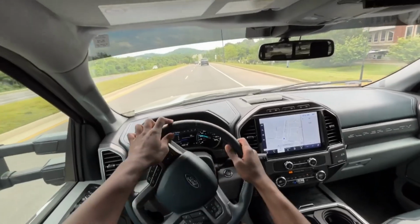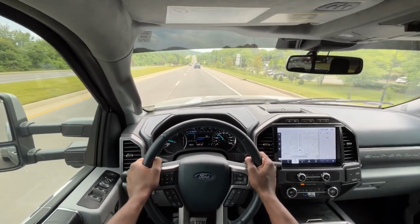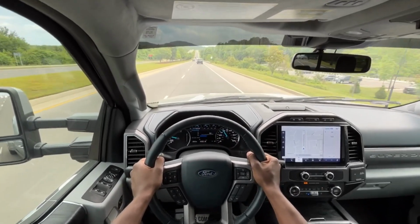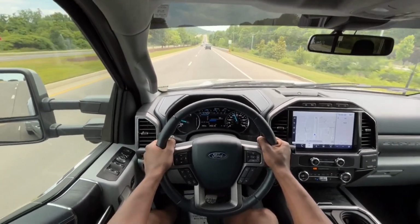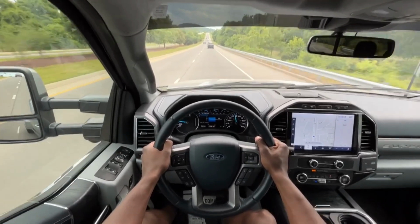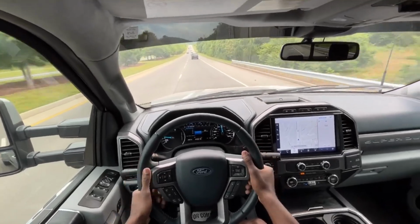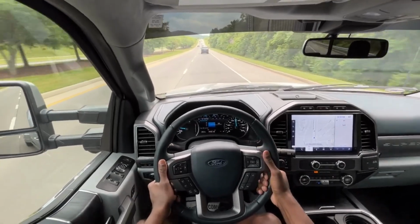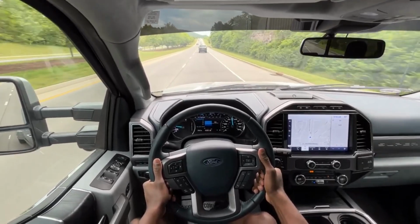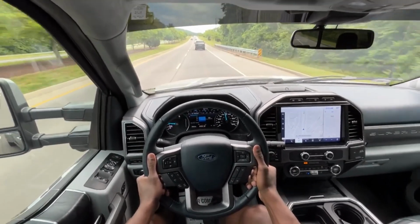So starting the test drive in this F350 Limited, very impressed by how well it's riding. Just because I've driven an F250 recently, I think it was a '23, and it did not ride nearly as well as this one does. I think a lot of that has to do with, that one was I think a long bed, had the diesel, but it was an XL, so I didn't get a lot of these comfort